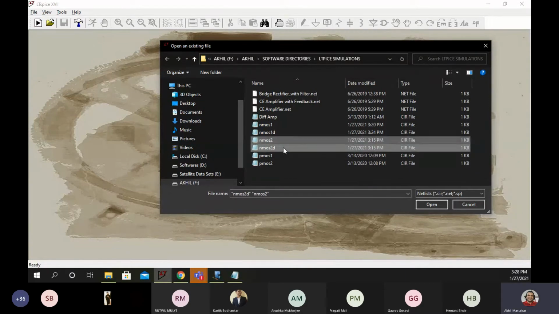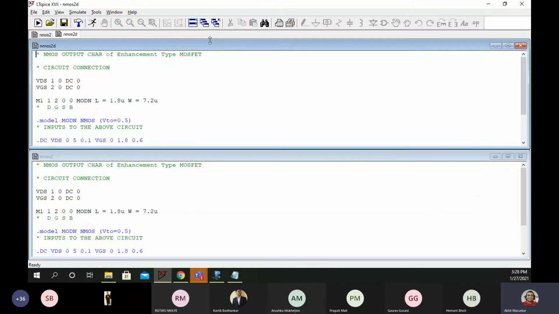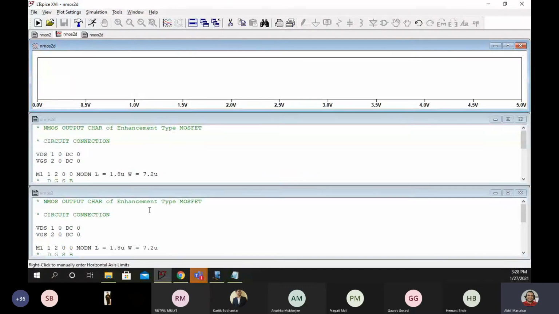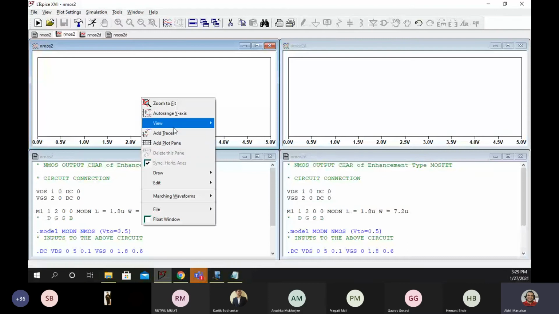I want to open both. I will tile it first. You can see both are enhancement type only. I will run the simulation for both.